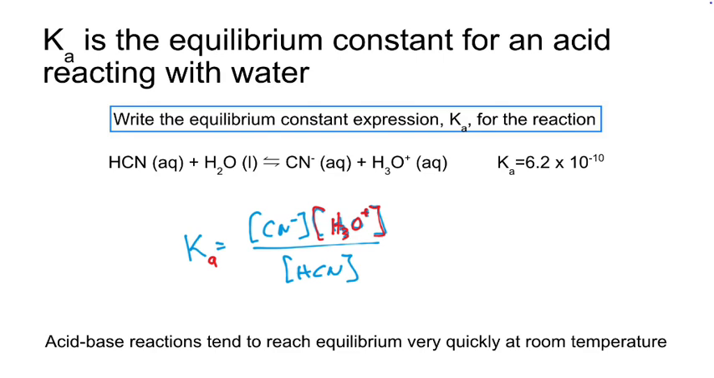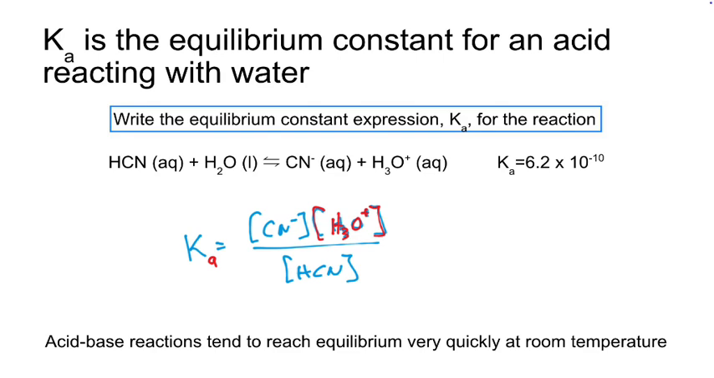If we had this K expression, could we backtrack what the actual equation was? Because how do we calculate K? It's products over reactants, which means CN minus and H3O+ are the products. Ta-da. Reactant, HCN. Boom. We've got our equation. You didn't need to write any of that other stuff down. Recognize where that information is coming from and how to manipulate it and get to our questions and answers more